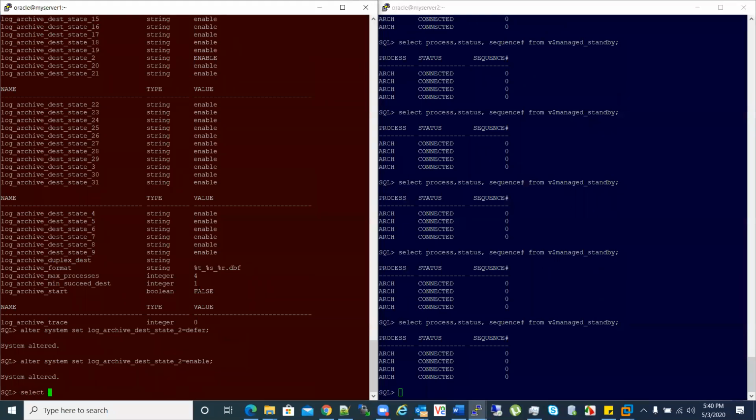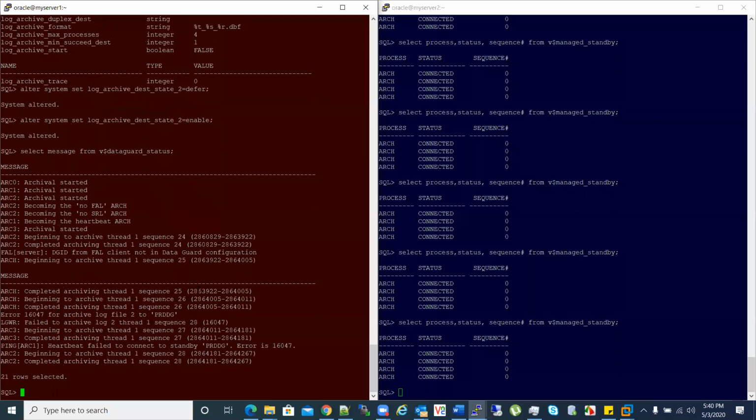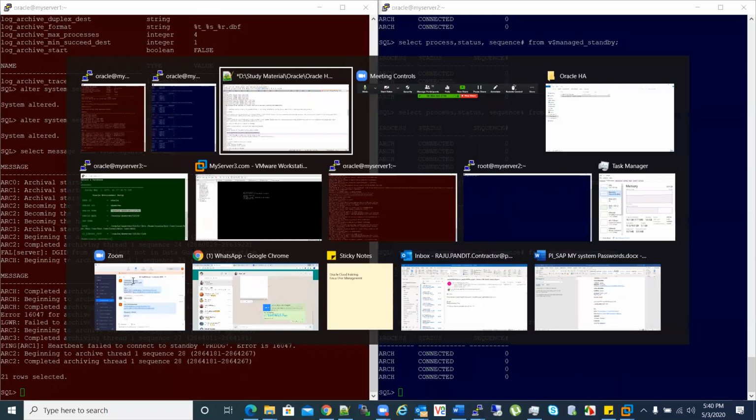Standby file management, select auto. Yeah. Select message from v$dataguard_status. And we have some error. Thread 1 PRDDG. Fal client is not in the Data Guard configuration. Okay, so